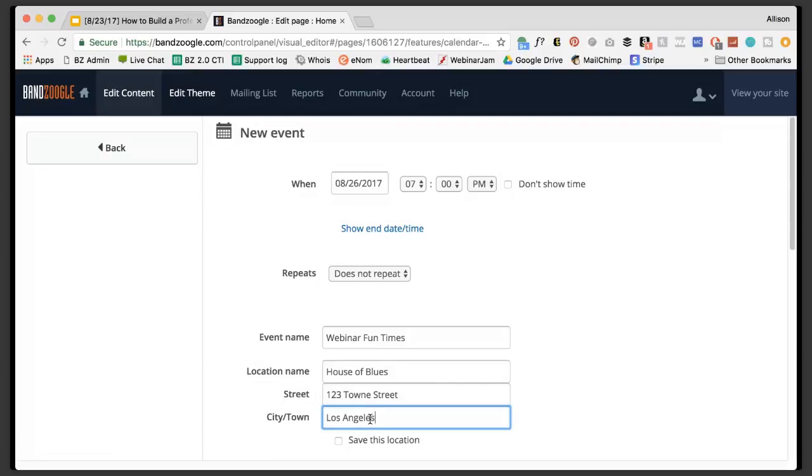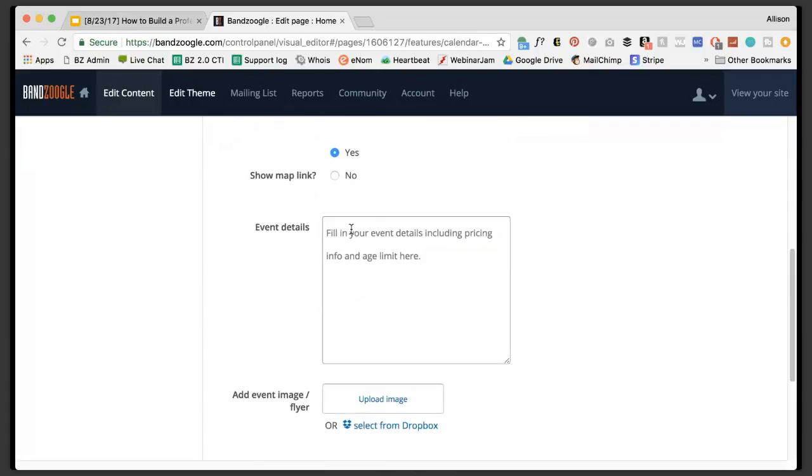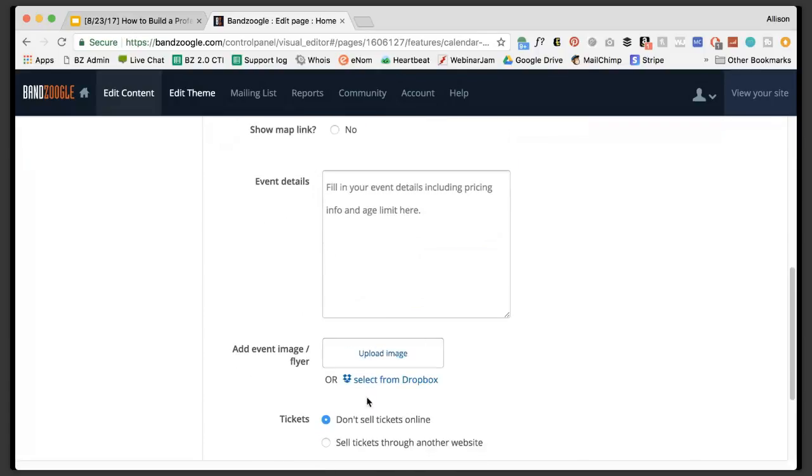We can save this location for later if this is one that you go to a lot. You can put your event details. You can add an image flyer. Let me see if we can get that going. Maybe this